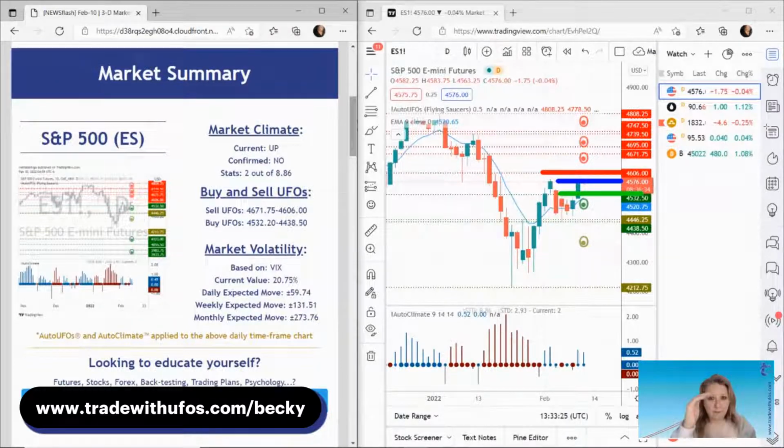So we're very, very close to what's going on there. Now what that means is if price were to move up and hit the sellers, we'd expect the sellers to push price down. If price was to move down and hit the buyers, we'd expect buyers to push price up. But again, they're close to each other.